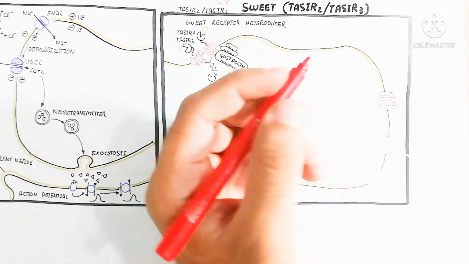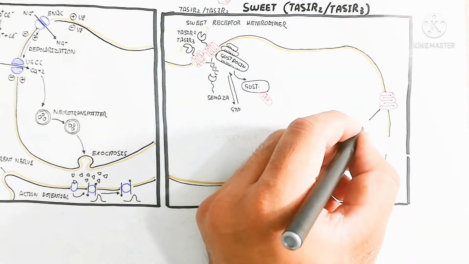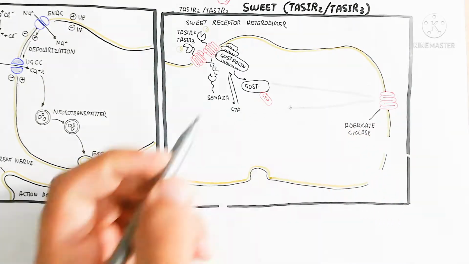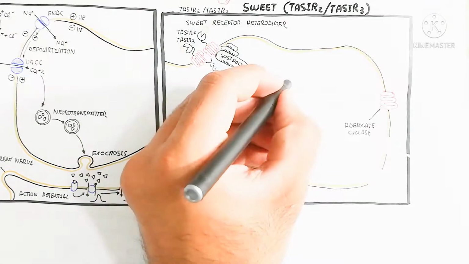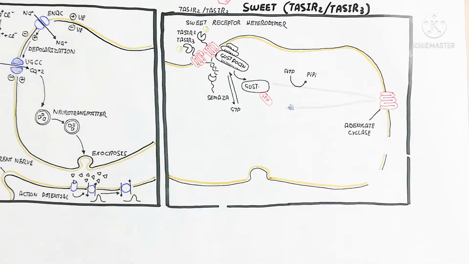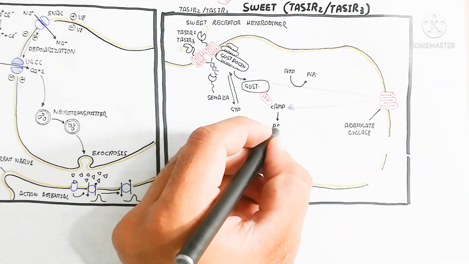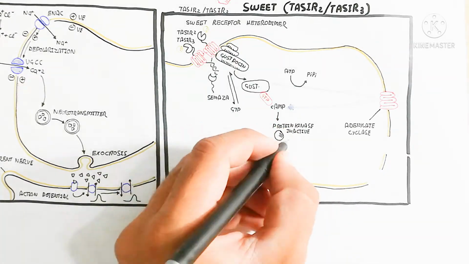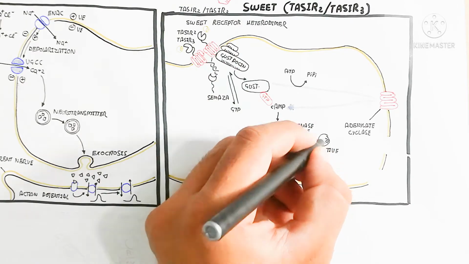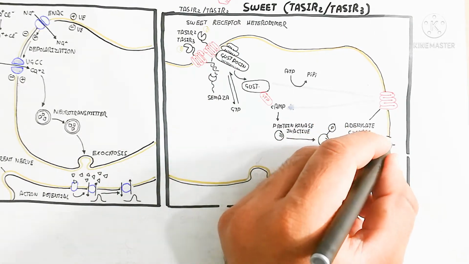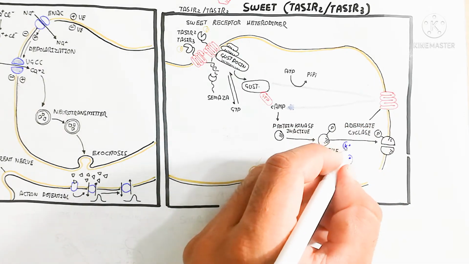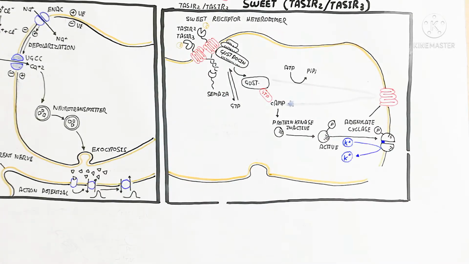After the detachment of gustducin, GDP basically converts into GTP. After this, GTP will move toward adenylate cyclase, which is present in the plasma membrane, as you can see in this diagram. After this, adenylate cyclase will convert ATP into cyclic AMP, and this cyclic AMP will stimulate the inactive protein kinase to activate, and this will